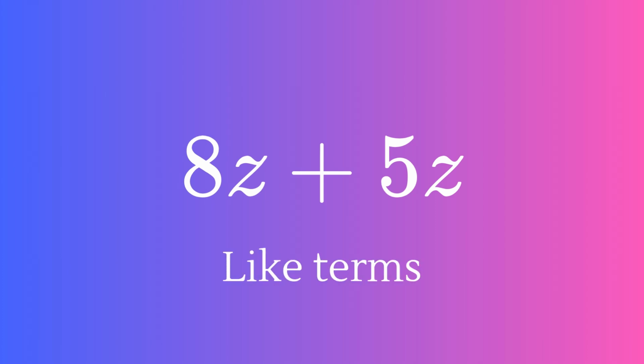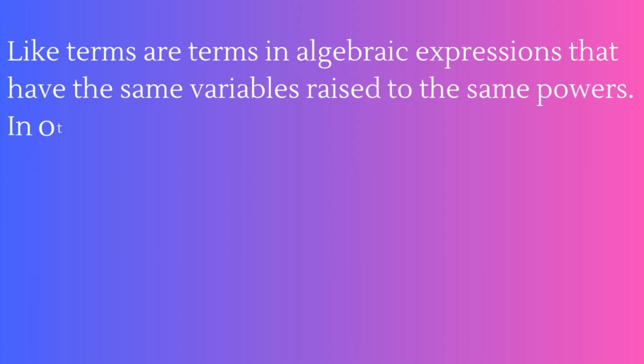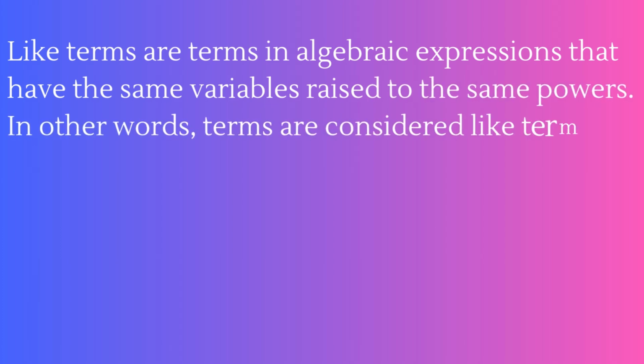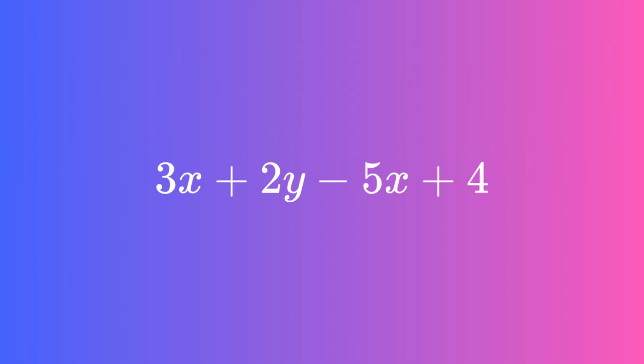Now for more details, let's have a look at the definition. Like terms are terms in algebraic expressions that have the same variables raised to the same powers. In other words, terms are considered like terms if they are identical except for their coefficients. For example, in the expression 3x plus 2y minus 5x plus 4, 3x and minus 5x are like terms because